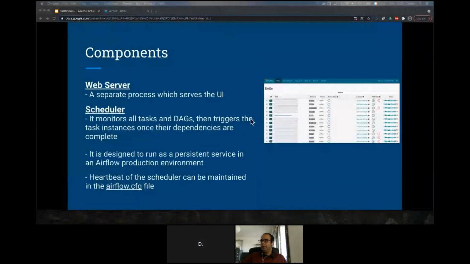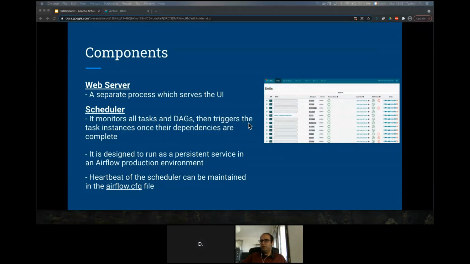The web server we already discussed, so it's the UI you see. Then we also have a scheduler, which monitors all the tasks and DAGs and then triggers the task instance once the dependencies are complete. It will go through each DAG and see if it's time to run that DAG or that task. And if it is, then it will schedule it to be run.